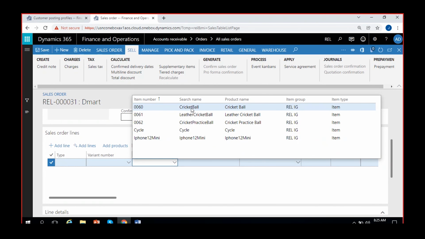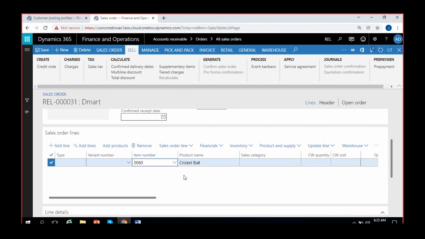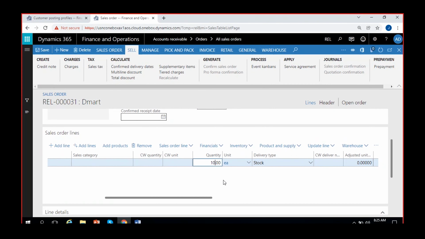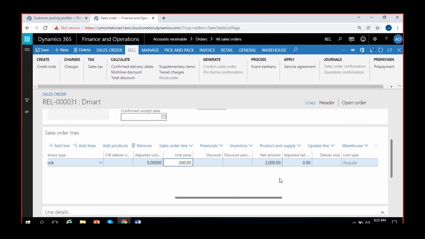Let's say select this cricket ball. So I can give some quantity, like I'm selling 10 quantity, and each at 200, let's say, suppose total of